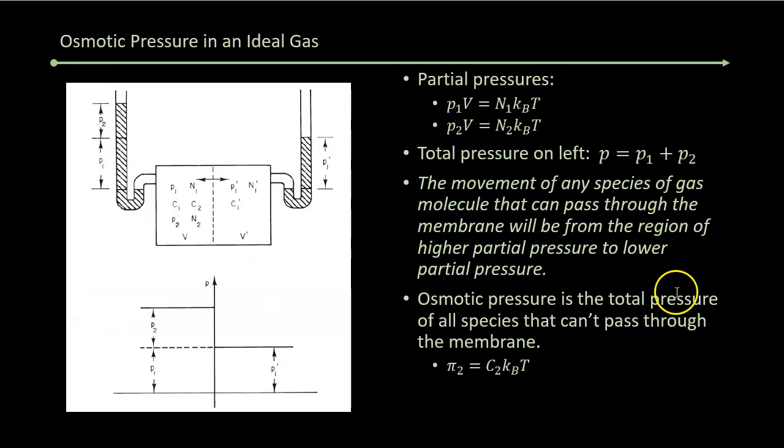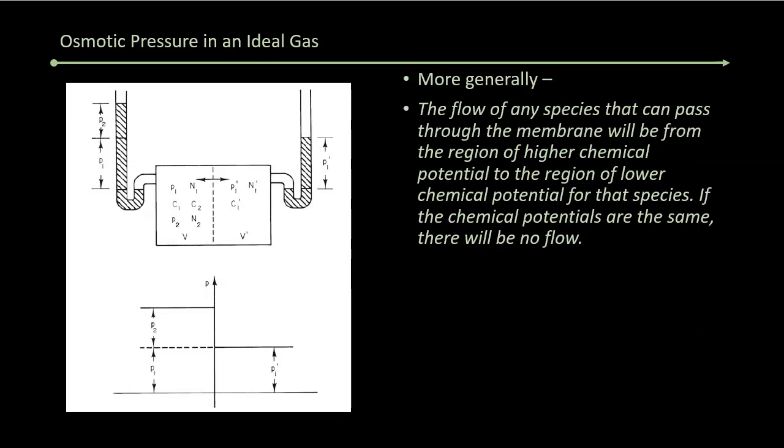And here, the other thing about osmotic pressure, we usually think of it as a thing that's going through, but osmotic pressure is actually due to the stuff that's not going through. All right, so osmotic pressure in this case is the pressure due to the species that can't go through. And remember, C2 is just N2 over V, right? It's just the number of particles per unit volume. So